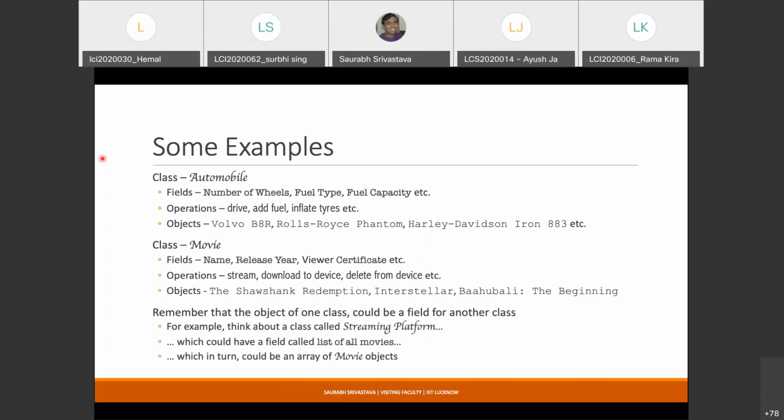A structure comes from the structured programming world. So what you just said is basically what the compilers today allow you to do. In theory you can treat a structure pretty much the same way as a class, but as I said, conceptually a structure is just a collection of data items. It does not have functions or operations associated with it. So this is the conceptual level difference between a structure and a class.